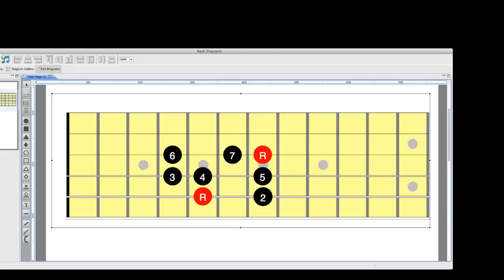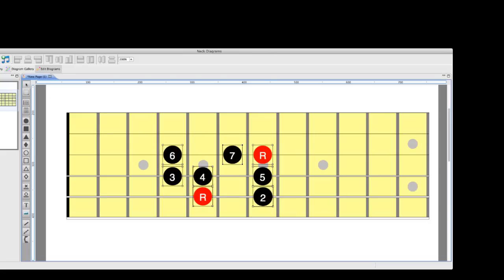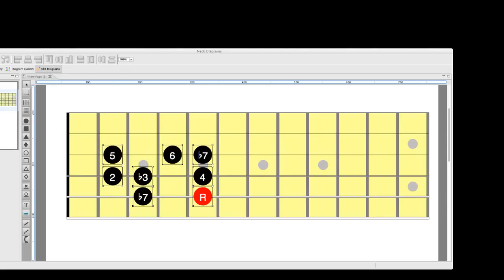And again, this diagram, you can move it to any fret you want. So it can move to the 3rd fret, for example, and this is what it looks like, same diagram. If the guitar is tuned in fourths, in perfect fourths,